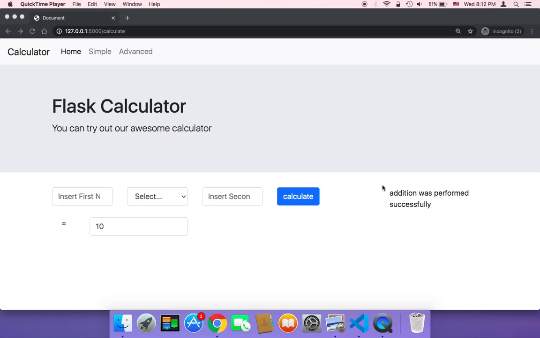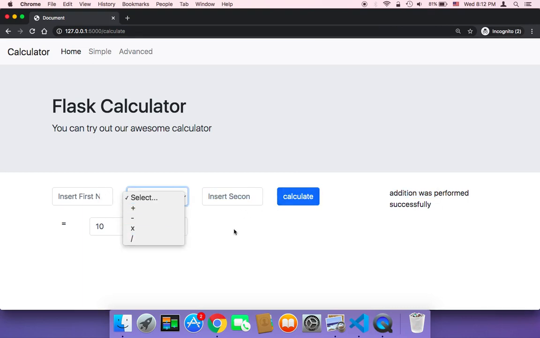So now that we know how to send a message to the user, once the user clicks on calculate and selects an operation, we return the result, and we also return a note. But this note requires some design because it's not clear here, and the user might not notice that this message is being displayed here. Therefore, I'm going to display this message in a kind of a div that has a